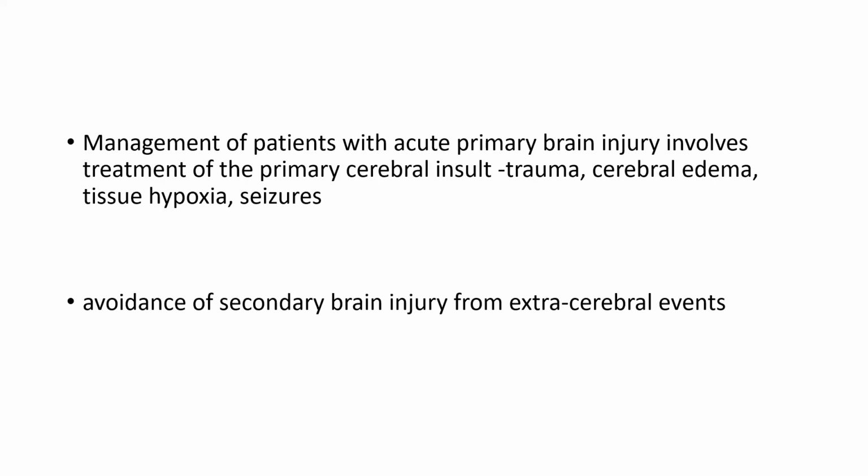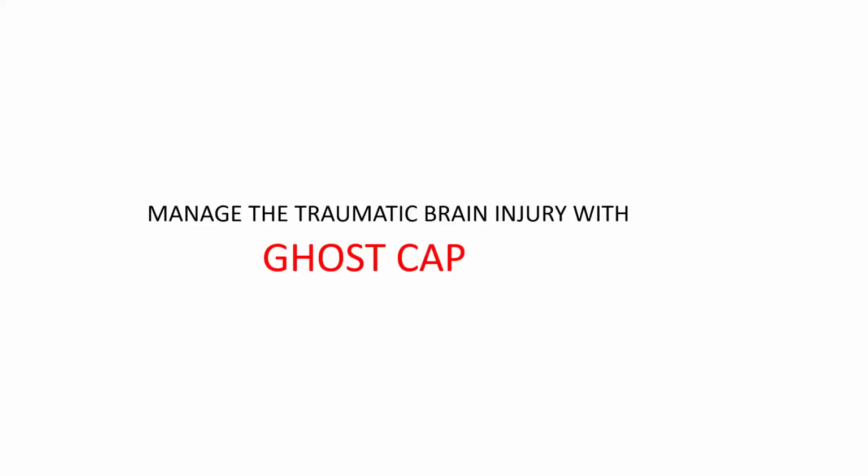So the management of the patient with acute primary brain injury involves the treatment of the primary cerebral insult, that is trauma, cerebral edema, tissue hypoxia and seizure, and avoidance of secondary brain injury from extracerebral events. The management of traumatic brain injury can be explained with the GHOST cap. It is a mnemonic with the help of which we'll see how we are supposed to manage the case